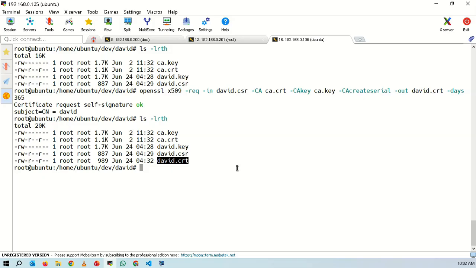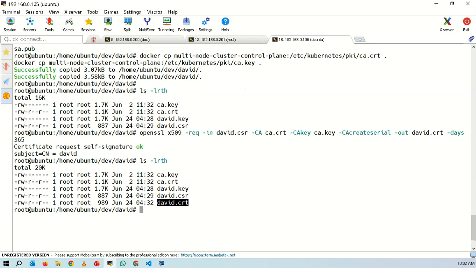So what did we do? We created a key and CSR for user David, and after that we signed the certificate using our Kubernetes CA. That's all. After we sign the certificate using the Kubernetes CA, David cert is created and it is valid for 365 days. And after that we need to